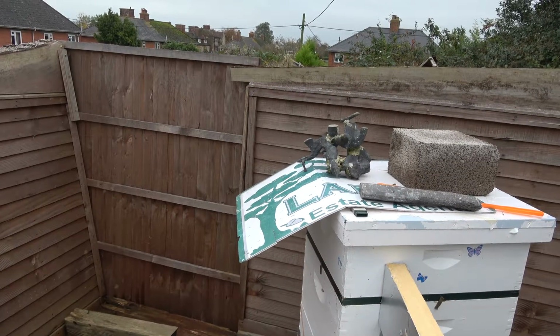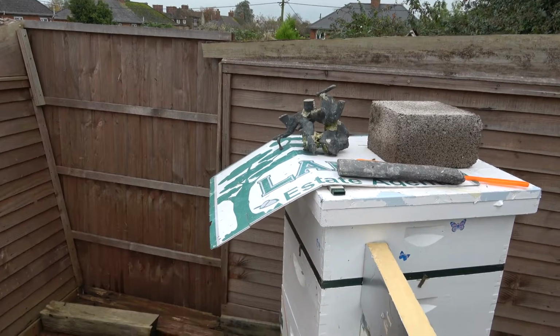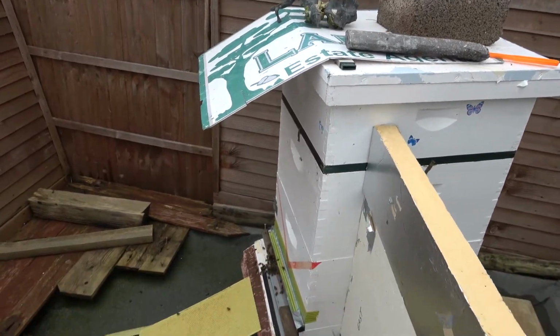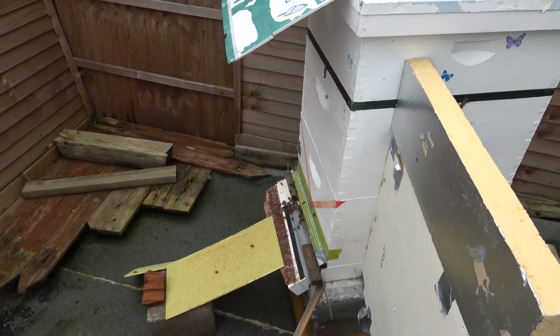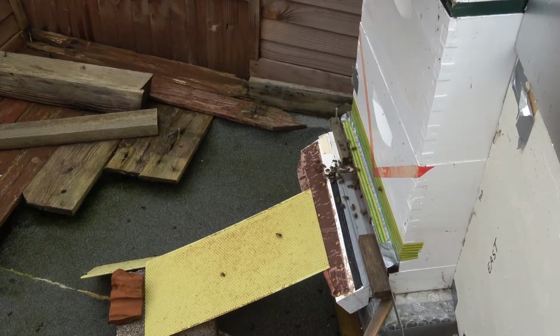26th of October 2017. We're having an inspection of the hive. It's 15 degrees outside, overcast, but yesterday was a good sunny day and I went in